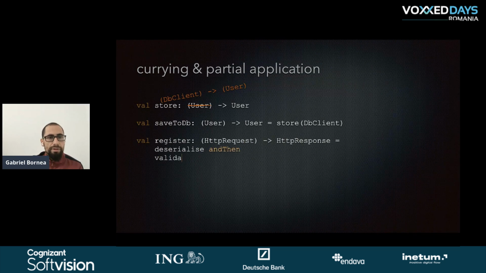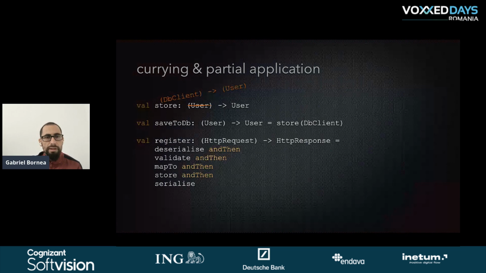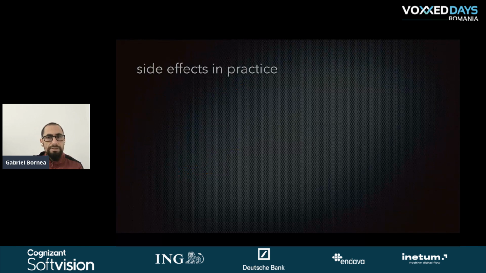And if we compose everything again, the only thing that we need to do in order for our code to compile and to work is to replace the store function with the saveToDB. So we have types, we have function composition, by using currying and partial application, but we have something called side effects